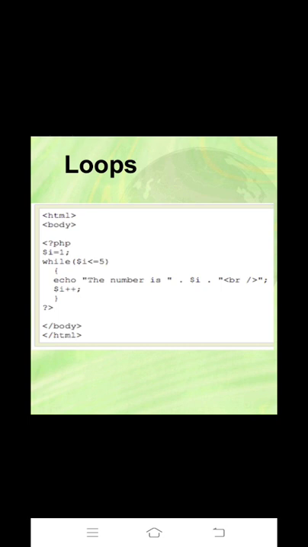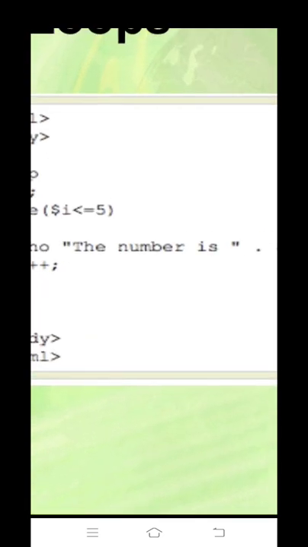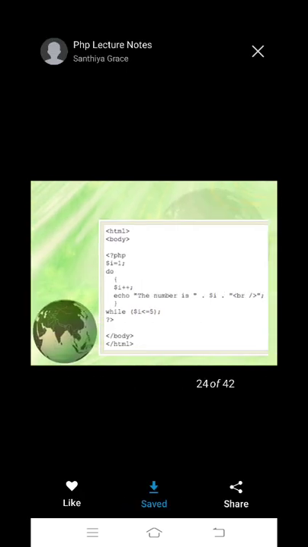After the echo statement, I equal to I plus 2, then you will get the numbers 1, 3, 5, 7, 9. So in one program, just by changing one or two numbers, the output changes. That is the use of loops in PHP. It's a very simple program in PHP using a loop, right?